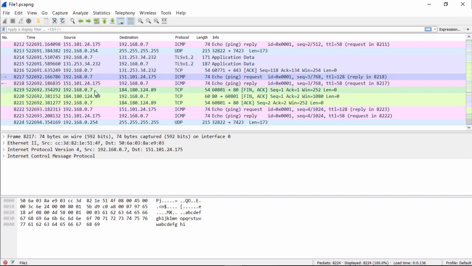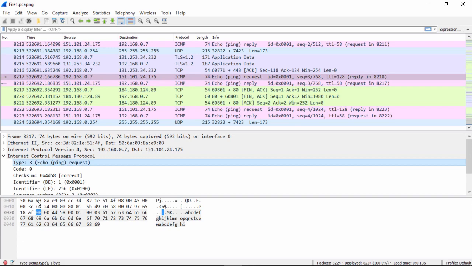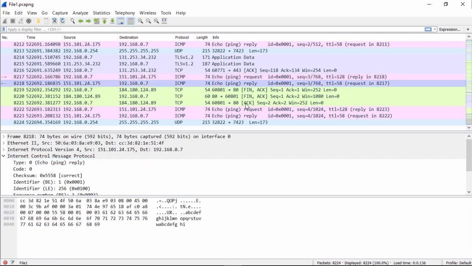So now we come down here and look at the middle window. If I expand the ICMP, you see, in fact, ICMP echo request is type 8. And if we go look at ICMP echo reply, it's type 0. So that's what I was talking about, how we've got the capability with ICMP to reflect a lot of different things. So now that we've explored ping, let us look at one more type of ICMP.